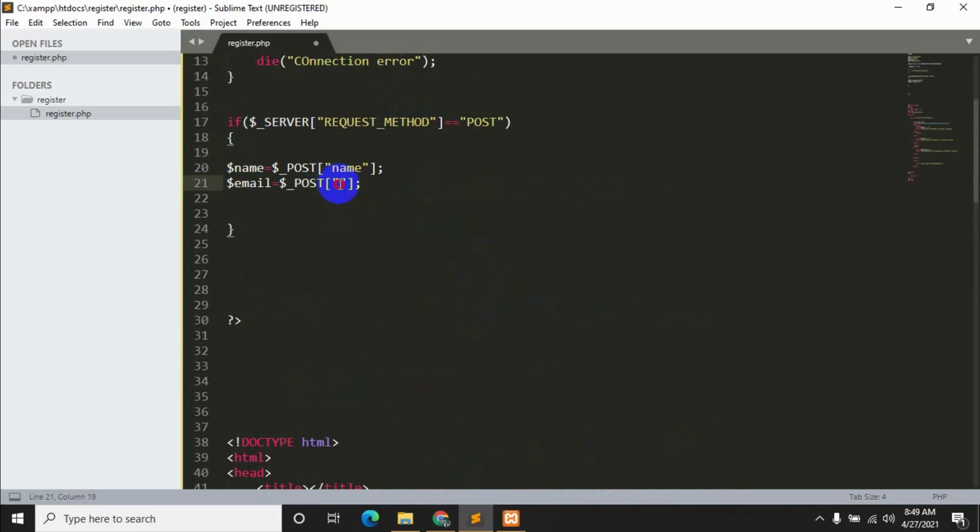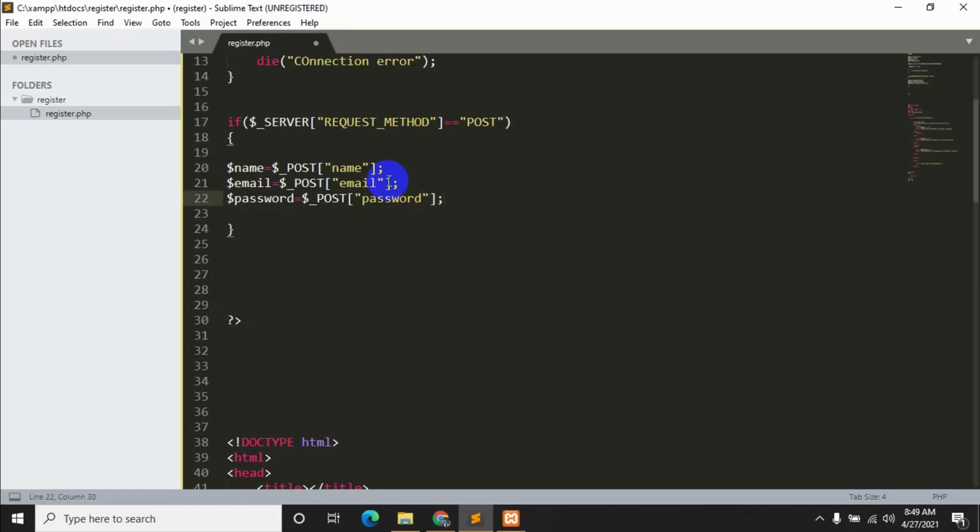Okay, so email. And after email we have another field which is password. So over here we'll say $password is equal to $_POST, then inside it we will say password.